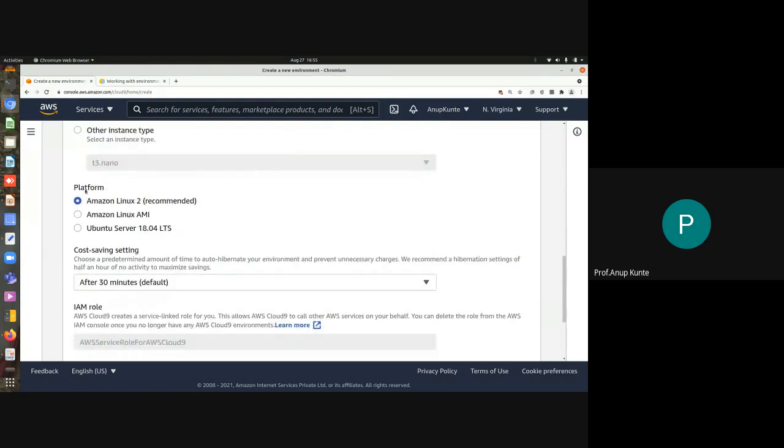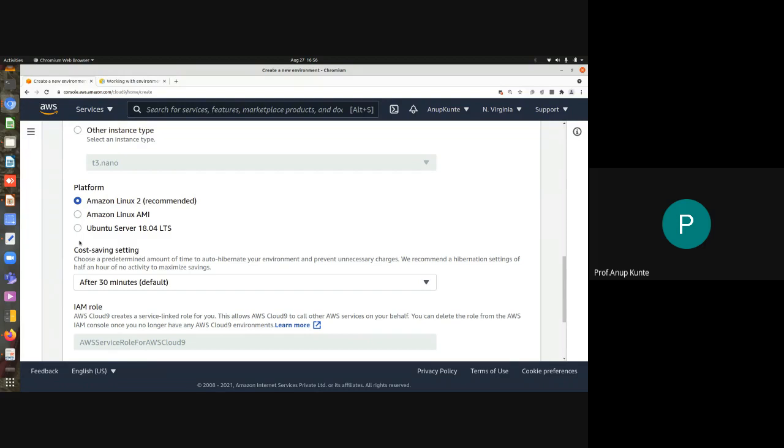What kind of operating system platform I want. So currently Cloud9 IDE can run on one of the three options that are shown over here. One is Amazon Linux 2. This is a Linux variant released by Amazon. It will have all requisite components that Amazon wants that Linux installation to have.